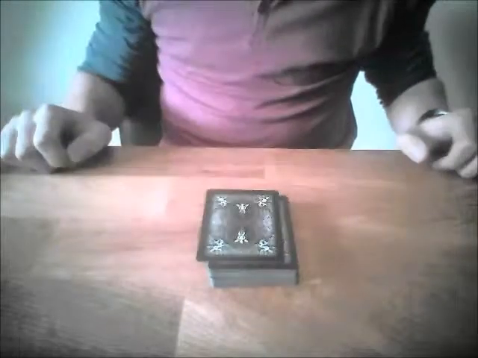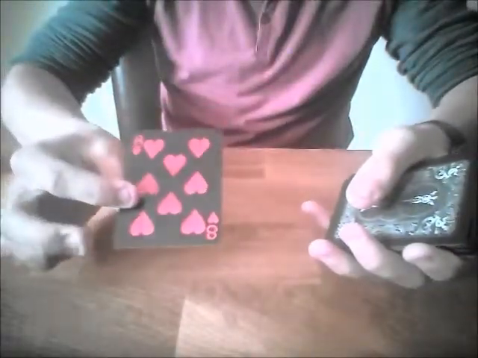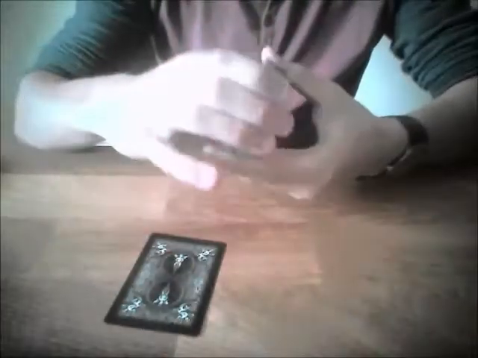Hello again everybody, so today I'm going to do another trick using my Bicycle Shadow Masters deck. Basically, we give the cards a couple of cuts, and we ask the spectator to select a card. They select a card like this, and they've selected the 8 of hearts. Then we ask the spectator to put it back in the pack,